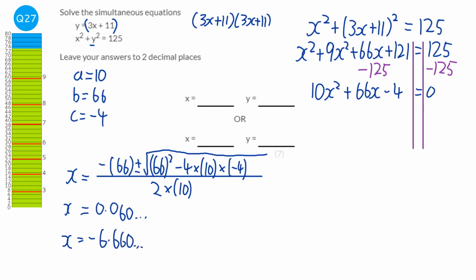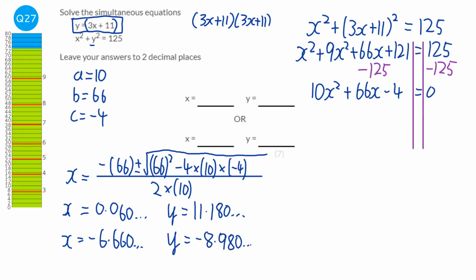6.660 blah blah blah. Now you might think, well, how are we going to find out what the y's are? Well, if x is 0.06 blah blah blah, we've got an equation here that says to find out what y is, we times the x by 3 and we add 11. So we're going to times that first solution by 3, then add 11, and that gives us that y is 11.180 blah blah blah. We're going to do that with the next solution, and we're going to times it by 3 and add 11, and when we do that we get minus